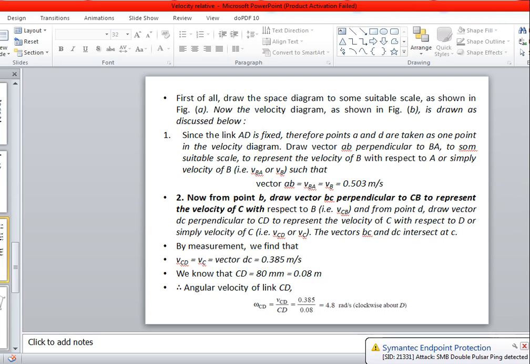Once you have taken 0.503, you will know that the other values are near that value. You can't give 10 meter per second, 20 meter per second compared to 0.503. So when you know the nearby velocity value, automatically you will get nearby values for the other links also. It is not possible that one link is rotating at 1 meter per second and another link will rotate at 200 meter per second. Not possible. If one is having 1 meter per second, automatically the other will also be 1 point or 2 point something, maximum up to that. So there only you can understand whether you are doing correctly or not.